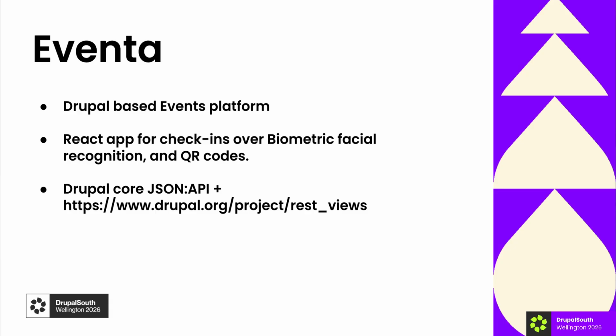So that could be QR code if the person's bought in a ticket, or facial recognition. So the app then does another call to the NEC facial recognition API and compares that to their Drupal user profile photo that they've uploaded against their user account. And then once we've got either the QR code or the facial recognition or just a manual check-in via the app done, it'll send a state change back for that ticket and update the list.